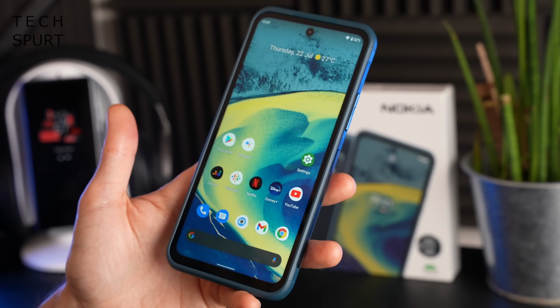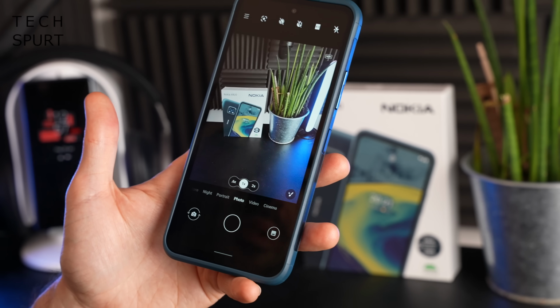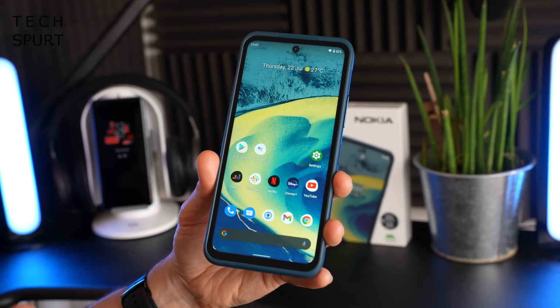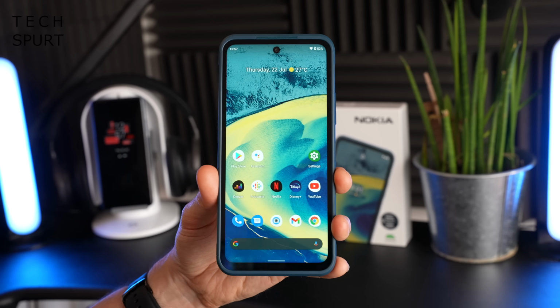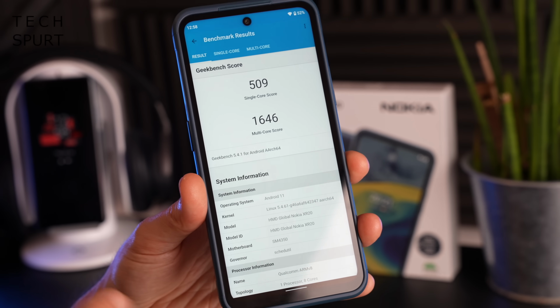Absolutely no problem. I just had the occasional little grievance, like sometimes it would take a while to load up the camera app, especially if you had a few other apps running at the same time. But touch wood, because you've got that pleasingly stock version of Android, hopefully things will run nice and smooth here on the Nokia XR20. The Geekbench scores are perfectly respectable,